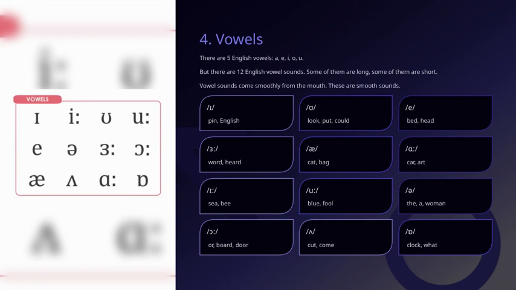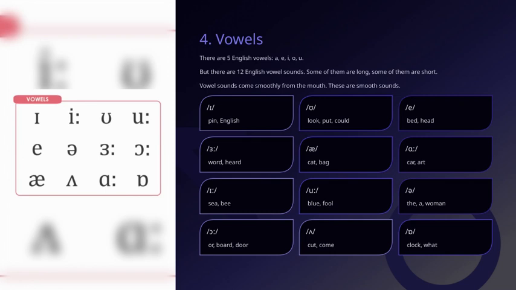Then there are longer vowel sounds, such as /iː/ lengthened in "see" or "bee", and /ɔː/ lengthened in words like "or", "board", or "door". We also have /ʊ/ as in "look", "put", or "could", and /æ/ in "cat" or "bag". The /uː/ lengthened sound appears in "blue" and "fool", while /ʌ/ is in "cut" and